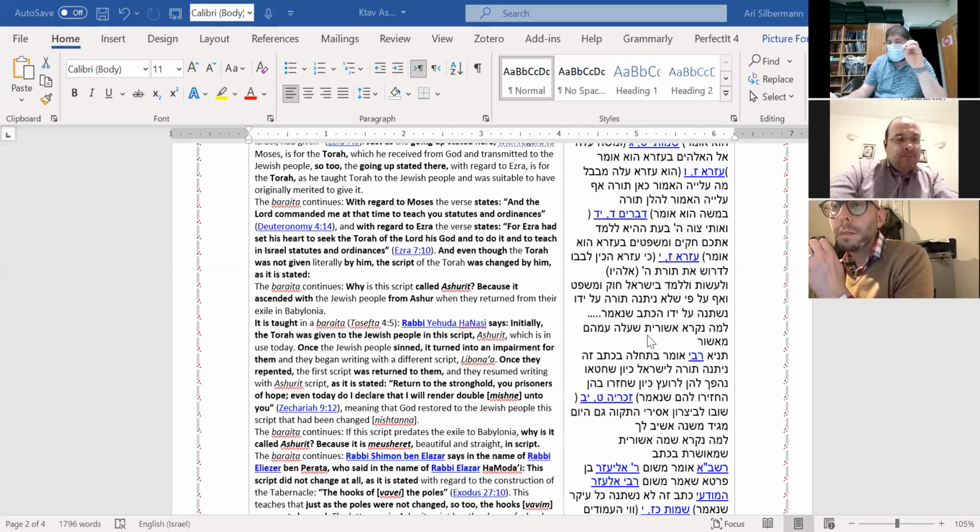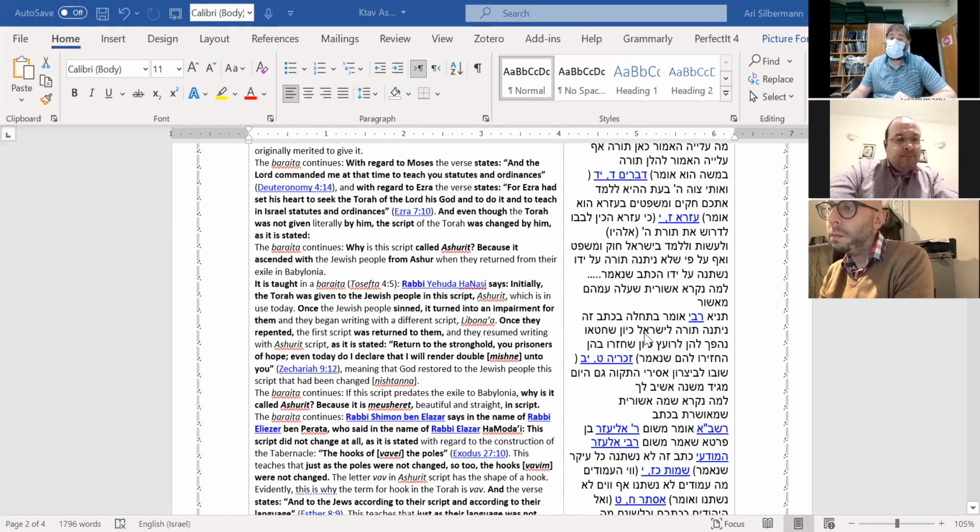The original Torah was not written in this language. The original Torah was written in Ivri, and when they came back from Ashur, it was written in Ashuri. The Ten Commandments, the Aseret Dibrot, were written in Ivri, perhaps, according to this part of Gemara. Okay. Tanya Rebbe Omer, right? So Rebbe comes and says, "Betchila b'ktav zeh nitna Torah l'Yisrael." In the beginning, the Torah was given to the Jewish people in this script, in Ashurit.